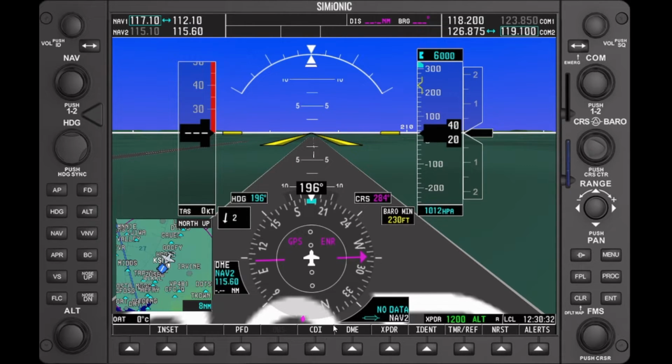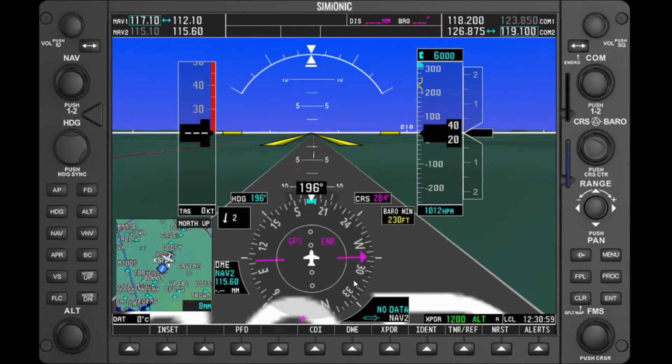Done. CDI. Okay, what does CDI mean? Course deviation indicator. It is what you're going to use to navigate. Okay, well, here shows you the heading of the direction you're flying. Right now it says GPS and it's in magenta. So now if I have something in the flight plan, this is the course deviation indicator. I am going to follow the flight plan with the CDI,